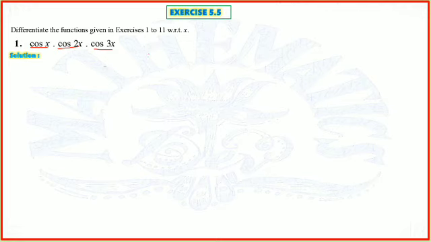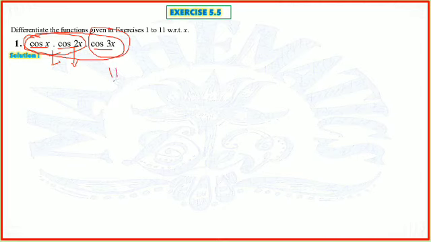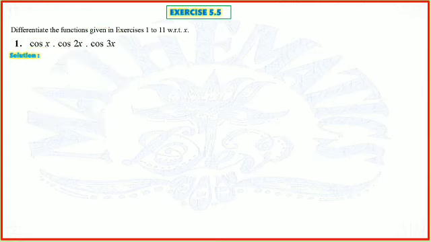Before we proceed, one more thing, this question can be done without a logarithm, and if you apply log, that also is okay. As I told you, this can be done without log, as we can take these two functions as the first function, and this third one as the second function, or vice versa. Then the product rule of differentiation can be applied. Otherwise we can take log.